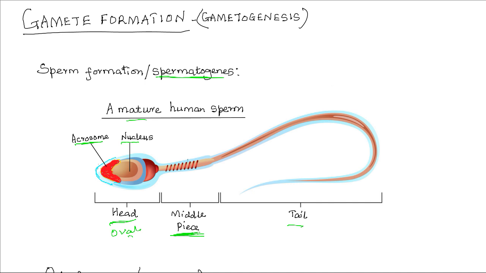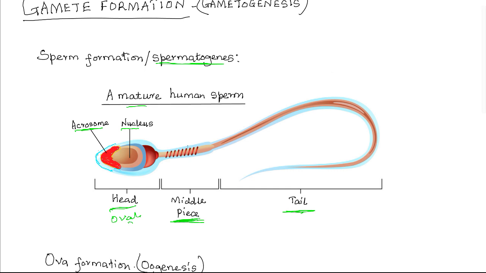Then the tail is the longest part of the sperm, and it lashes from side to side, thereby propelling it forward during the swimming movement. Sperm formation takes place in the testes, as I have mentioned, and once produced, the mature sperms are released out of the body, where, should they be deposited in the female's reproductive tract, then they fuse with the ovum